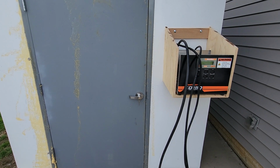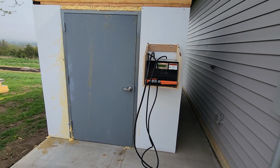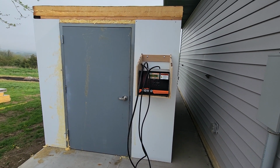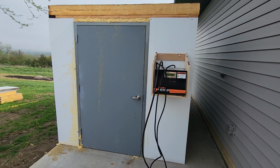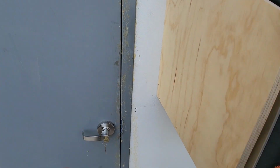Okay, here's a little update on the kiln build. I've got the door on, everything's insulated 100%. It does leak a little bit here and there, so I've got to seal those up. On the inside,